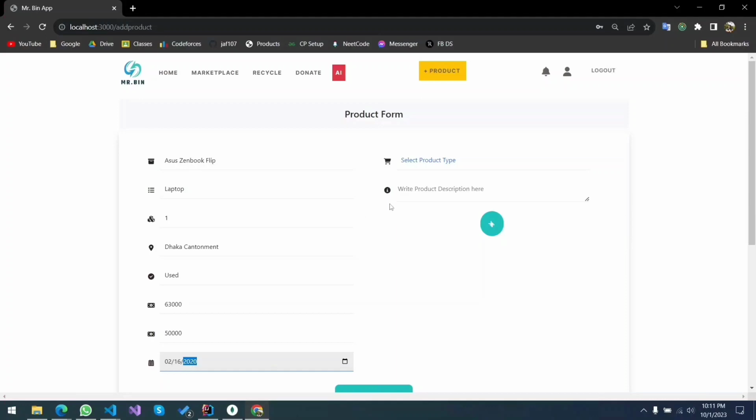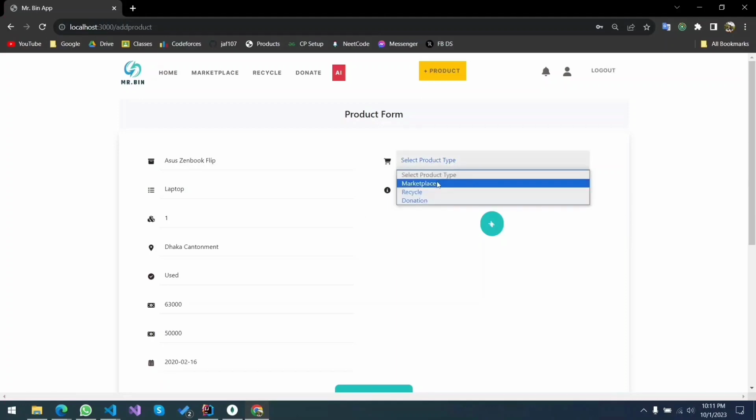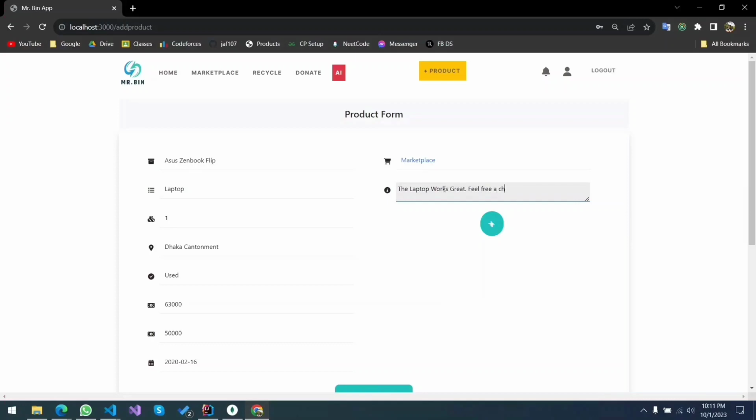It should be placed in the marketplace, not the recycler or donation, because I believe there is some value to it. So I'm going to write it over here, and I'm just adding a friendly description.